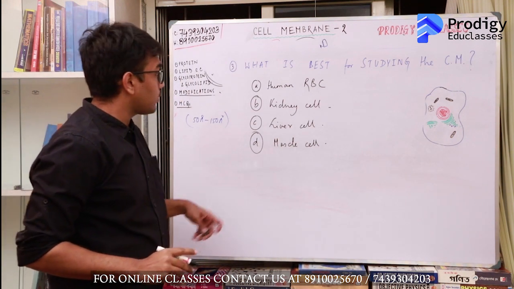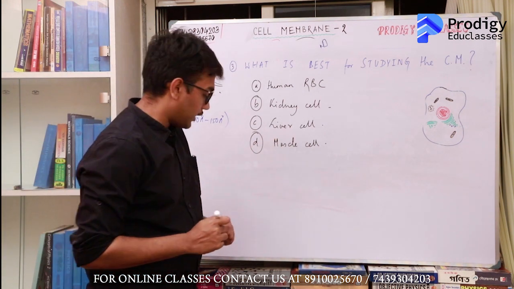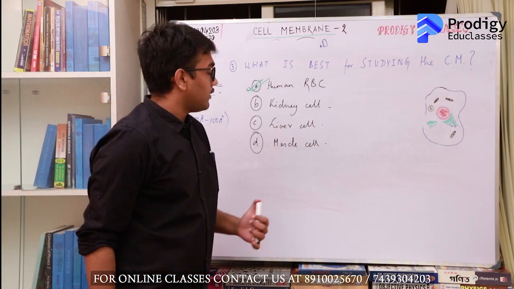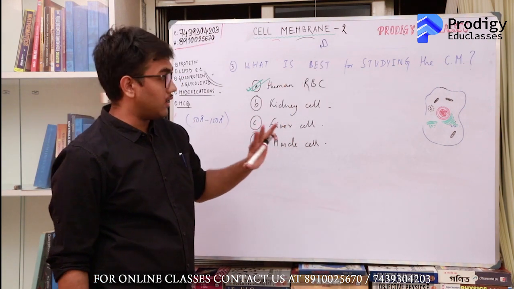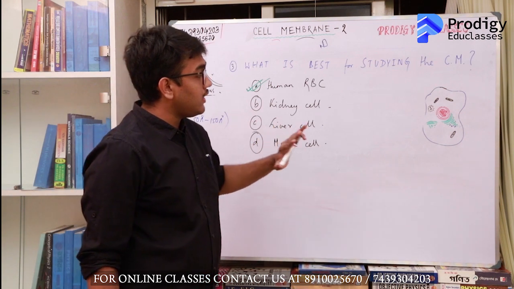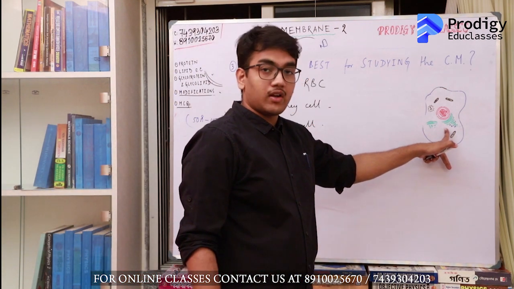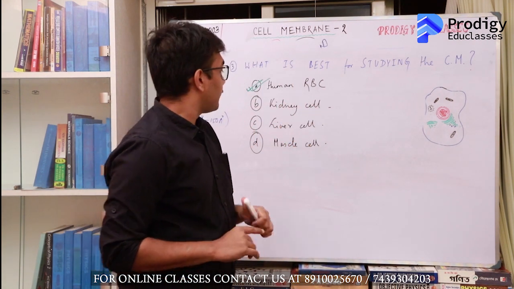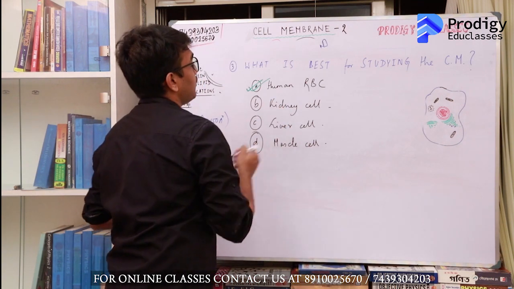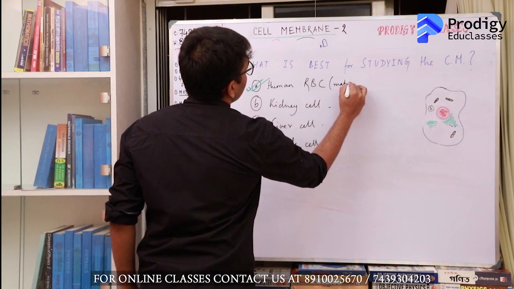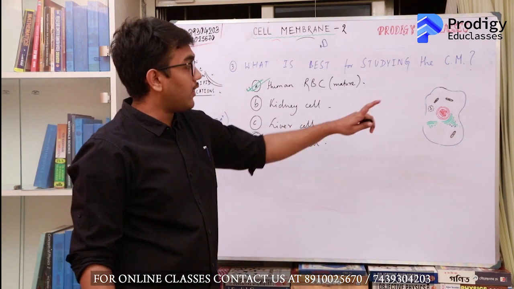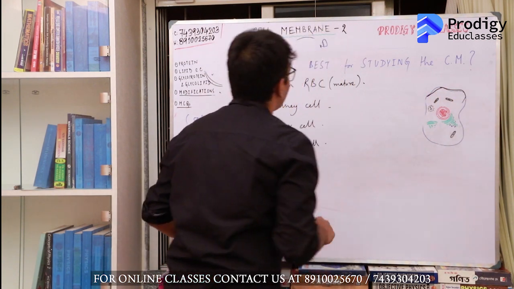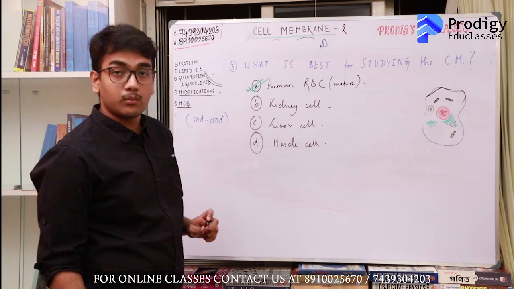Now look, this is one question to which you have to know the answer. Okay, the answer will be human RBC. Now the question is why? See, if you want to study the structure of cell membrane in purity, you ideally need a cell without any endoplasmic reticulum or any exchange of cell membrane, so that the cell membrane is to some extent static. Now if you look at a mature human RBC, a mature human RBC does not have a nucleus, it does not have an endoplasmic reticulum. So this gives you a stable isolated cell membrane which you can study. So the answer is human RBC.